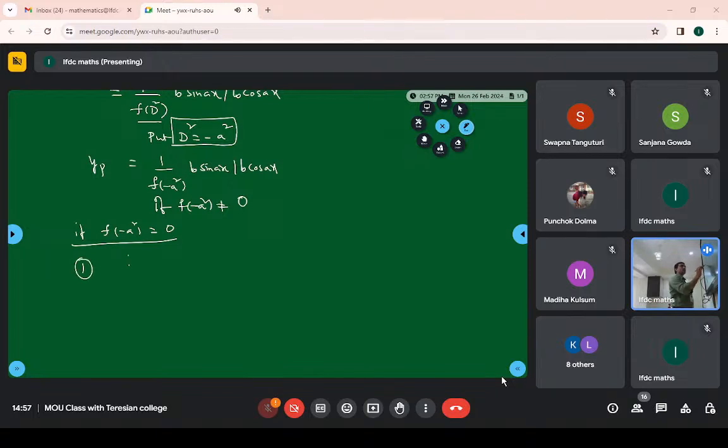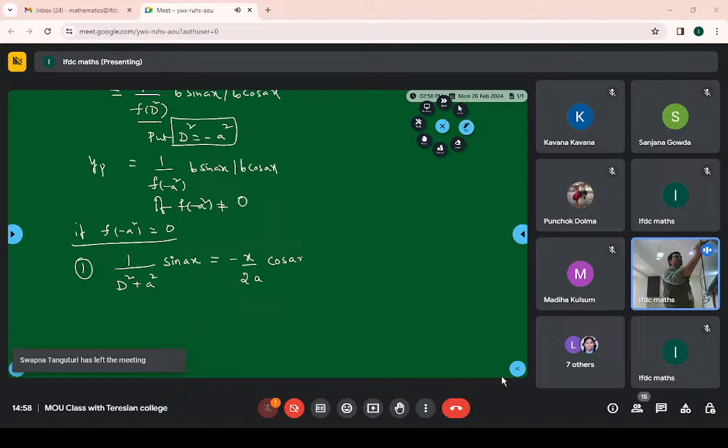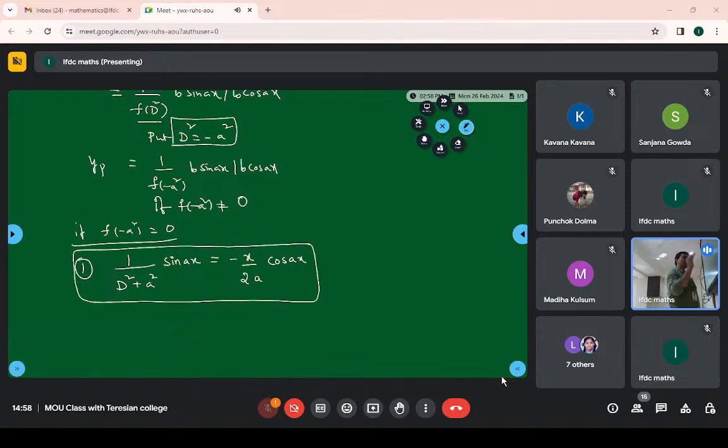Another, I will give two important formulas. 1 by d square plus a square into sine ax is equal to, what is the formula? So this looks like 1 by d, generally called the integral operator. This looks like 1 by d, integration of sine x is minus x by 2a into cos ax. Another important formula for model number 2. This is very important. Within one line, any kind of problem which is a case of failure, you will get a